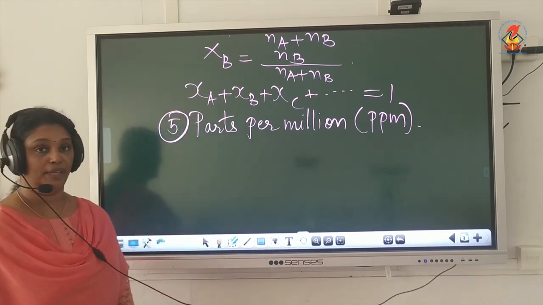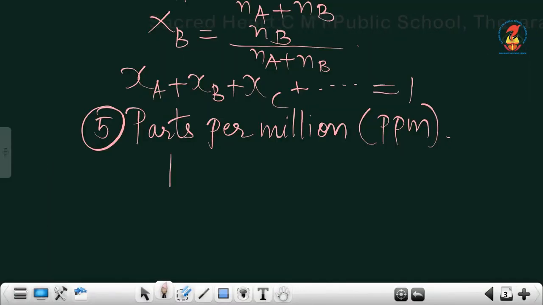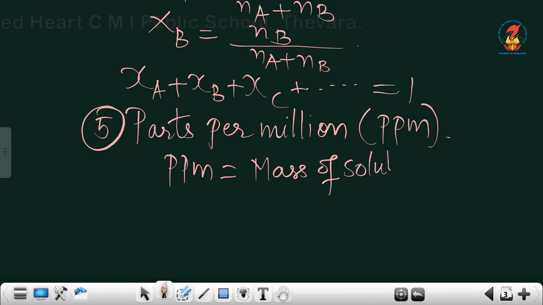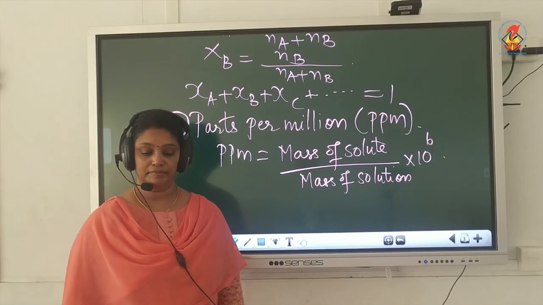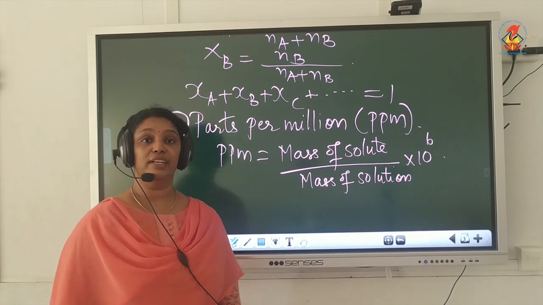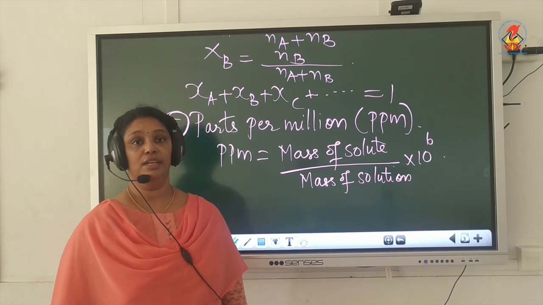And the expression for ppm is, parts per million is equal to mass of solute divided by mass of solution into 10 raised to 6. So this is the expression to find ppm. Okay, so these are the different concentration terms used to express